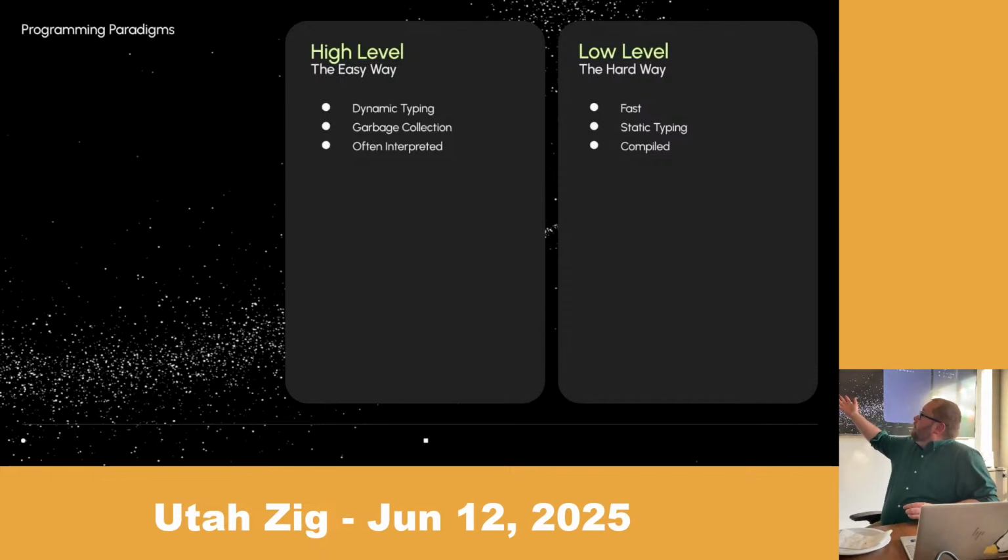However, with low-level programming languages, you can run things faster. Static typing, so things break a lot less of the time due to typing errors. And because it's compiled, that's kind of just a repeat of the fast. Hopefully, compiled languages will run a lot faster. That is actually not purely true, but there is the opportunity for that to be the case.